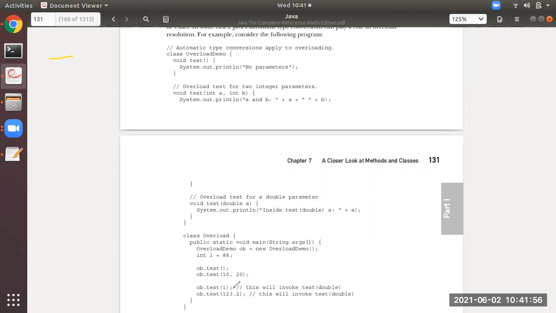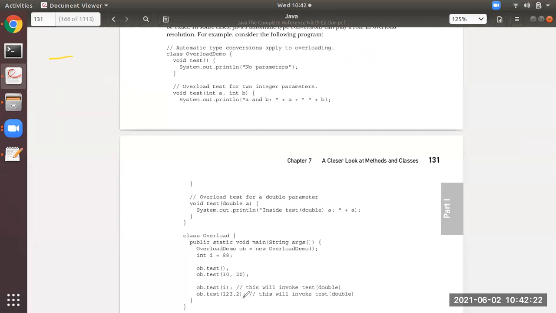Now students, which method will it call? It will not call this because it is without parameter, and this one is having 2 parameters. So we are left with this method with 1 parameter only, but you see the data type is double. So what will happen? ob.test of i will call this one only, and you have to remember in chapter 2 I said automatic type conversions concept, I have explained already.